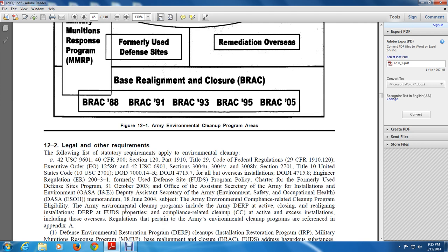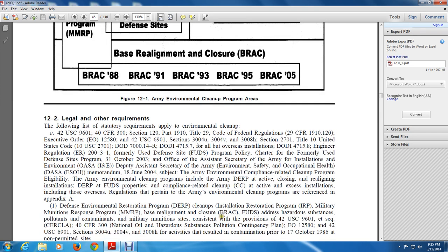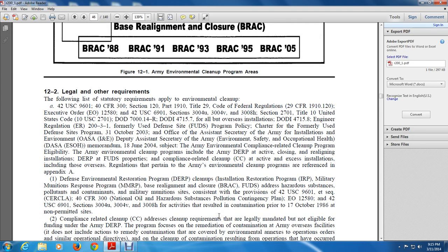The environmental cleanup programs include Army DERP and activities closing, realigning installations, DERP-funded properties, and compliance related to cleanup, CC, and active and excess installations, including overseas regulations that pertain. The environmental cleanup programs are referenced in Appendix A. The Defense Environmental Restoration Program, DERP, includes the Installation Restoration Program, IRP, and the Military Munitions Response Program, MMRP,